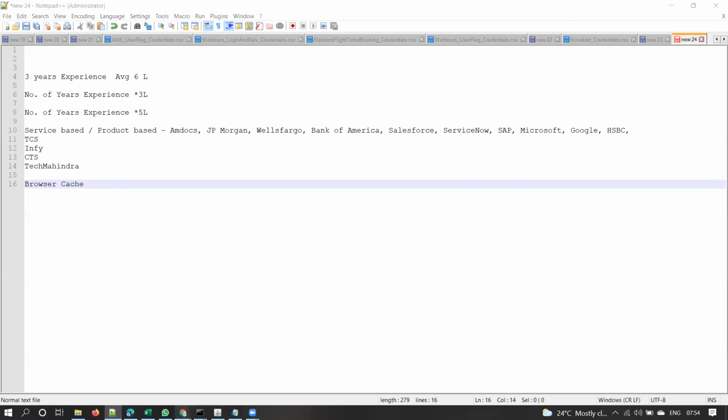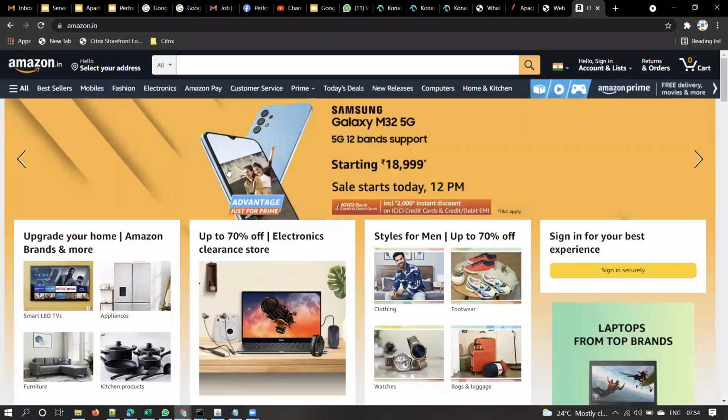So it stores all the, see, whenever you access any page, you have some images, JavaScript files, CSS files, and so on, right? We'll discuss what JavaScript and CSS files are in the coming sessions. But for now, remember that there will be a lot of page components. Page components means parts of an HTML page, right? What the browser cache does is store all those images, JavaScript files, CSS, all the page components in the browser cache.